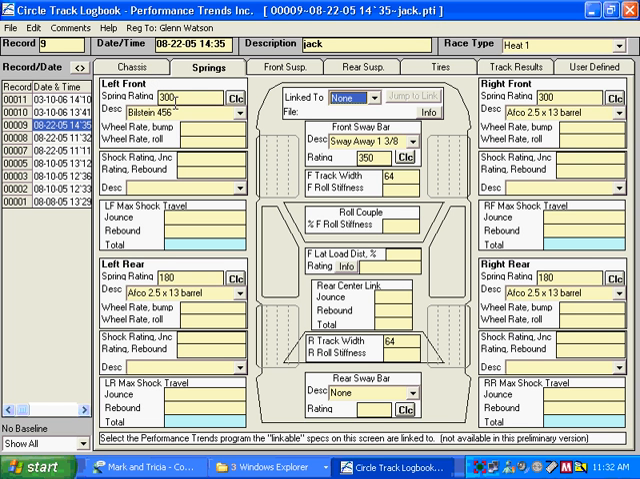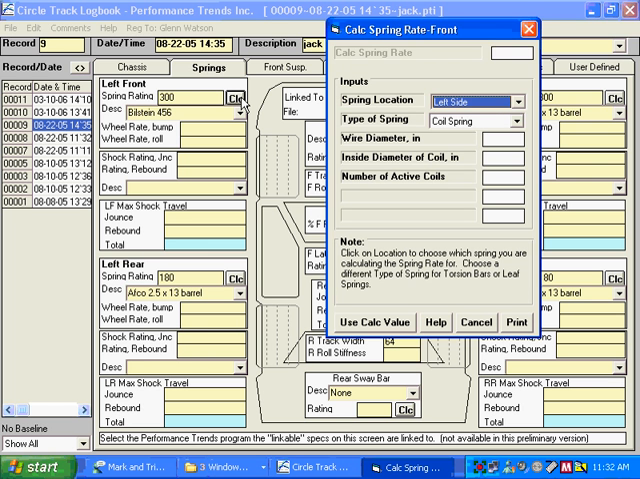Another way is you can click on these calc buttons. Calc means calculate. And if you don't know the spring rating, but you know something about the spring, you can click on the calc button and a new screen opens up. And here you can type in things like specs about the spring,